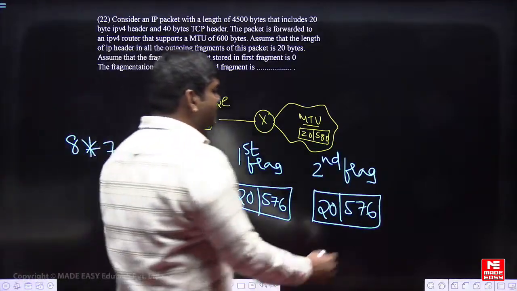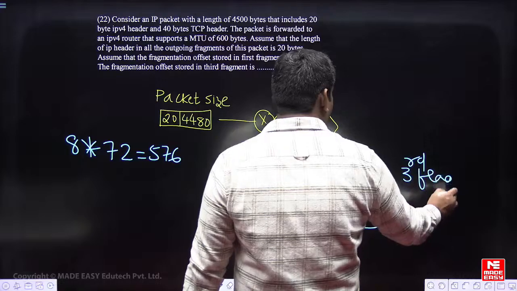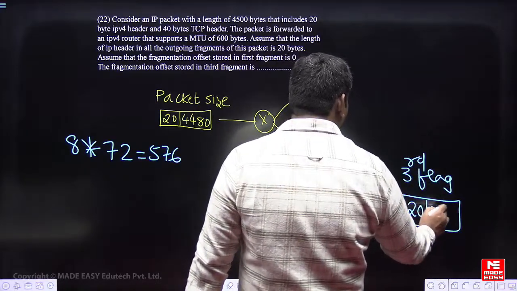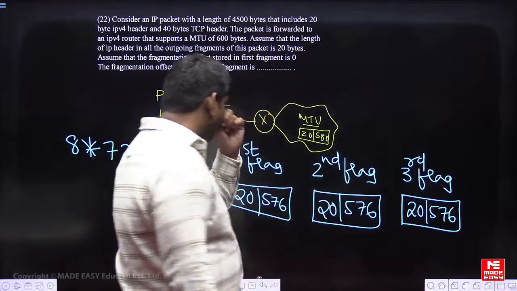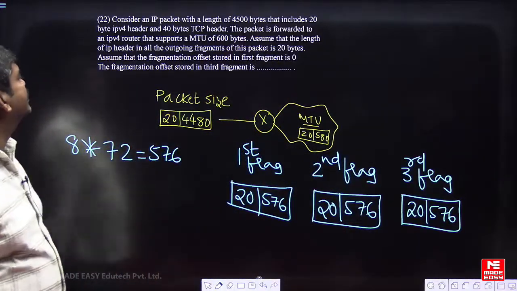In the same way, the third fragment occupies 20 plus 576, and so on. It will continuously divide into fragments. Now, if you go for this question,